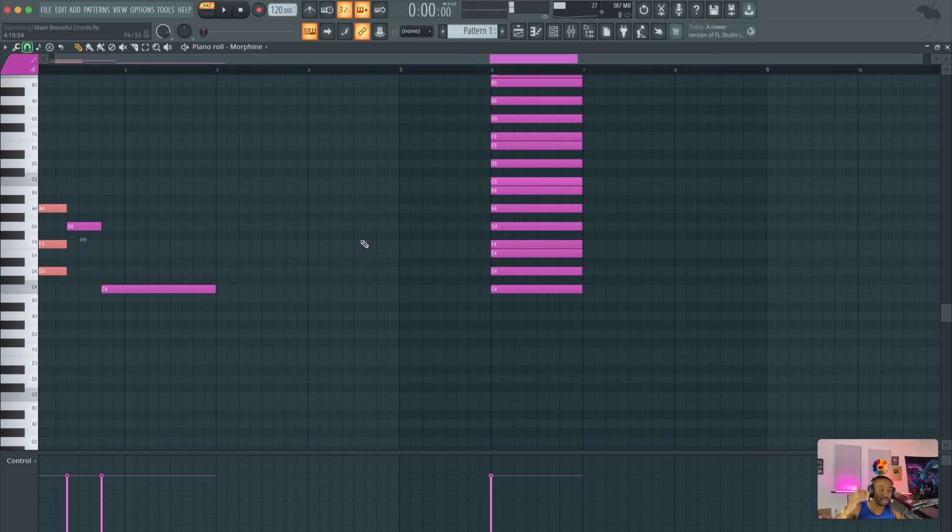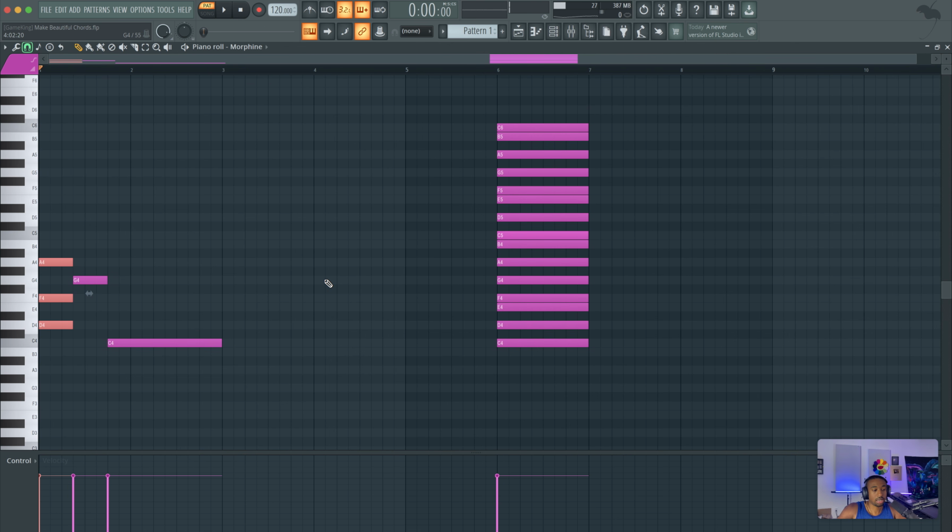Now we want to create lush chords. So lush chords, in my opinion, start at like 7th and 9th chords, depending on how you voice the 7th chords. Okay, so D, F, A. Let's continue to build this chord. We're going to start at D, skip E, go to F, skip G, go to A, skip B, go to C. So that's how we start building these chord extensions. And then we skip D, go to E in this case. That creates the minor 9th chord, 0, 3, 7, 10, 14.